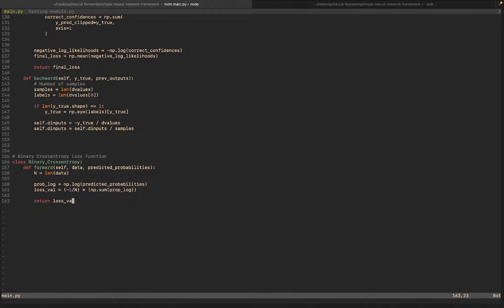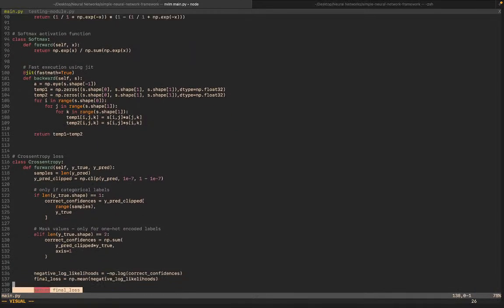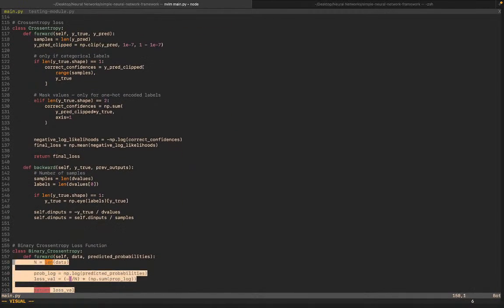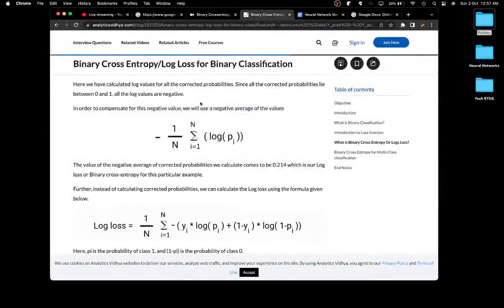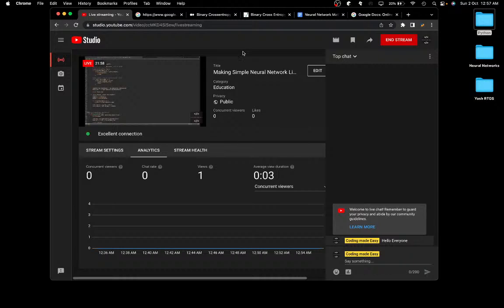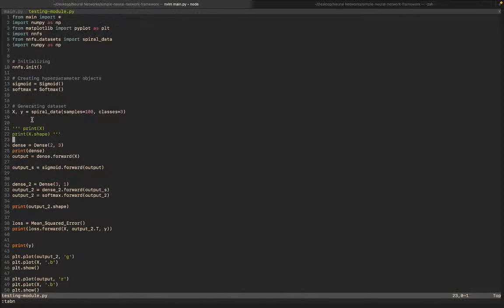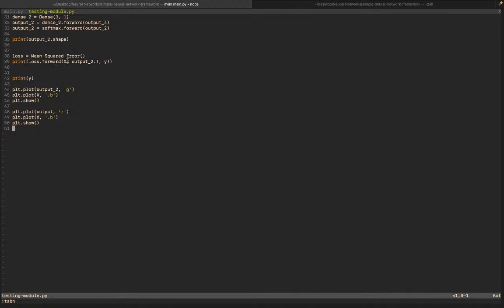Alright, cool. So let's see if this works. Hopefully it does. I have no idea. I think we're gonna run into some stuff like negative infinities. But let's see if this does work. We did spend quite a bit of time on this, almost half an hour. So hopefully this works. So we can just say loss 2 is equals to binary cross entropy, and I can say print loss dot forward, and it's gonna take in that